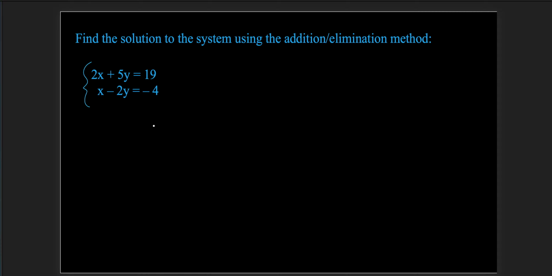The next thing I need is that when I add these down the column, one of these adds up to 0. They both can add up to 0, that's okay. But for the x's, I'd get 3x, and for the y's, I'd get 3y. Nothing with 0, so I need to make it happen. There's about 3 different ways you can do that. What I'll choose to do, and I'll show you why in a second,